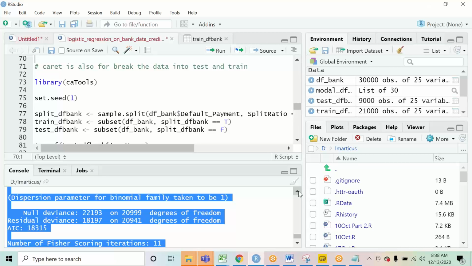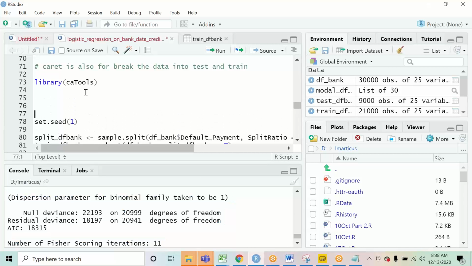It is a technique to understand the overall fit of the model. Like in linear regression also, we used to get a final p value of the model.